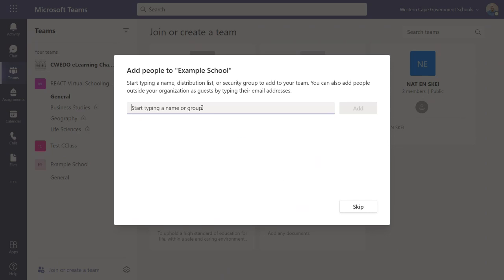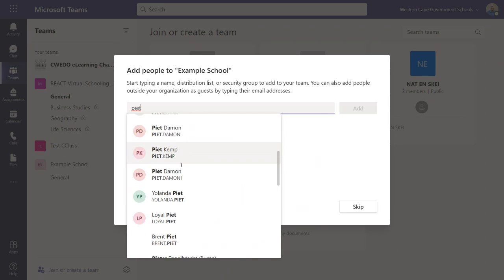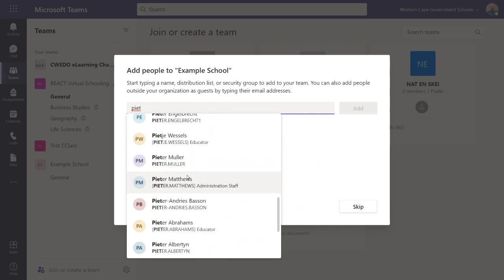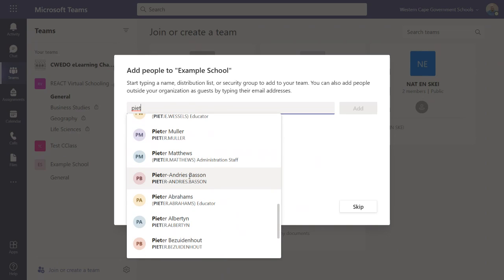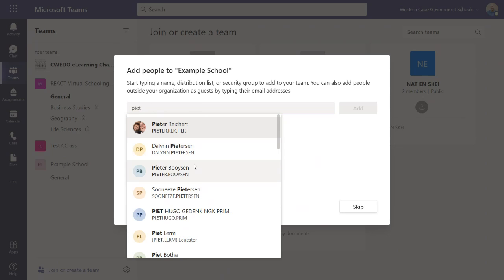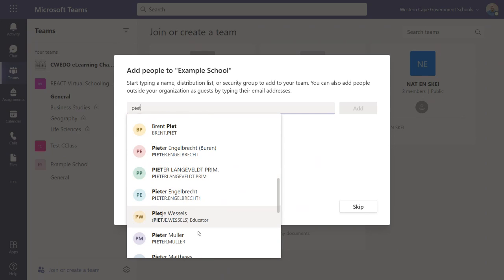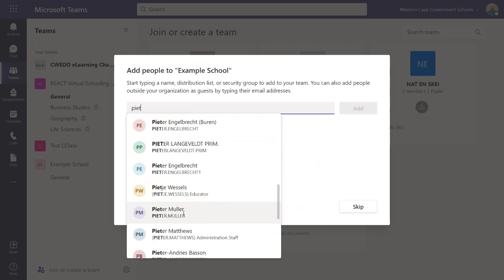Now you can start adding people to the team. So let's see if there's a Pit. So you can see there's a whole bunch of Pits here. So you're just going to find the person. So let's say we want to add Pit Miller as an example. I just saw there's a name. Sorry, you said Pit. Right. So just make sure that you just showed Pit Miller. But anyway, so here we can actually find all the different people. Oh, it's Peter Miller. We can find the different people in our schools. Everyone in the entire province who has a WCG Schools account,